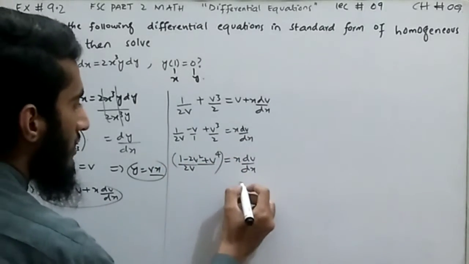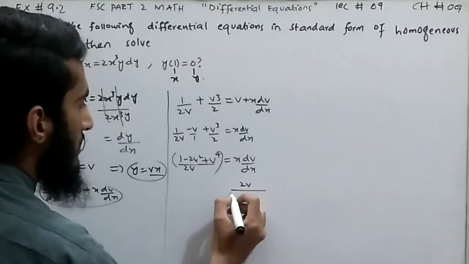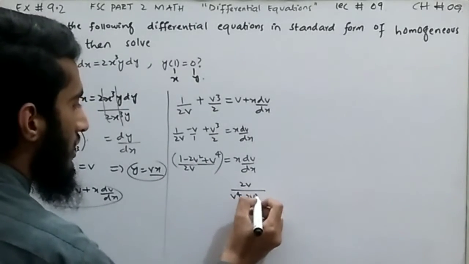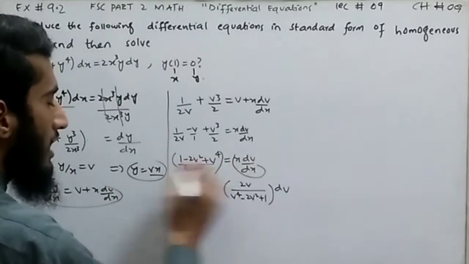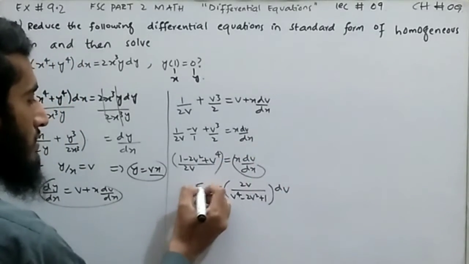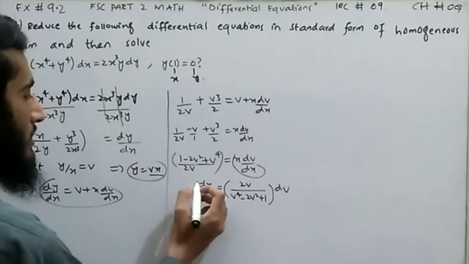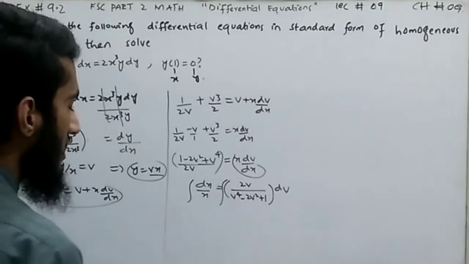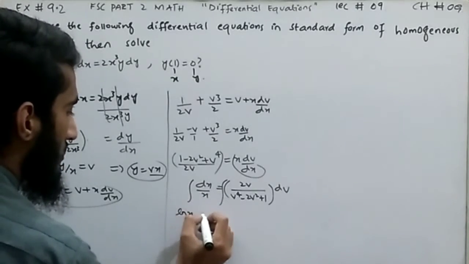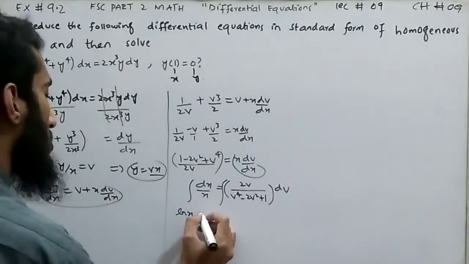The v will move to the numerator and this term will move to the denominator, becoming v power 4 minus 2v square plus 1, multiplied with dv. Shift x dx on the left hand side, so it will reciprocate: dx moves to the numerator and x moves to the denominator. Take indefinite integral on both sides. dx by x integration is ln of x, and since this is an indefinite integral, we will also take ln